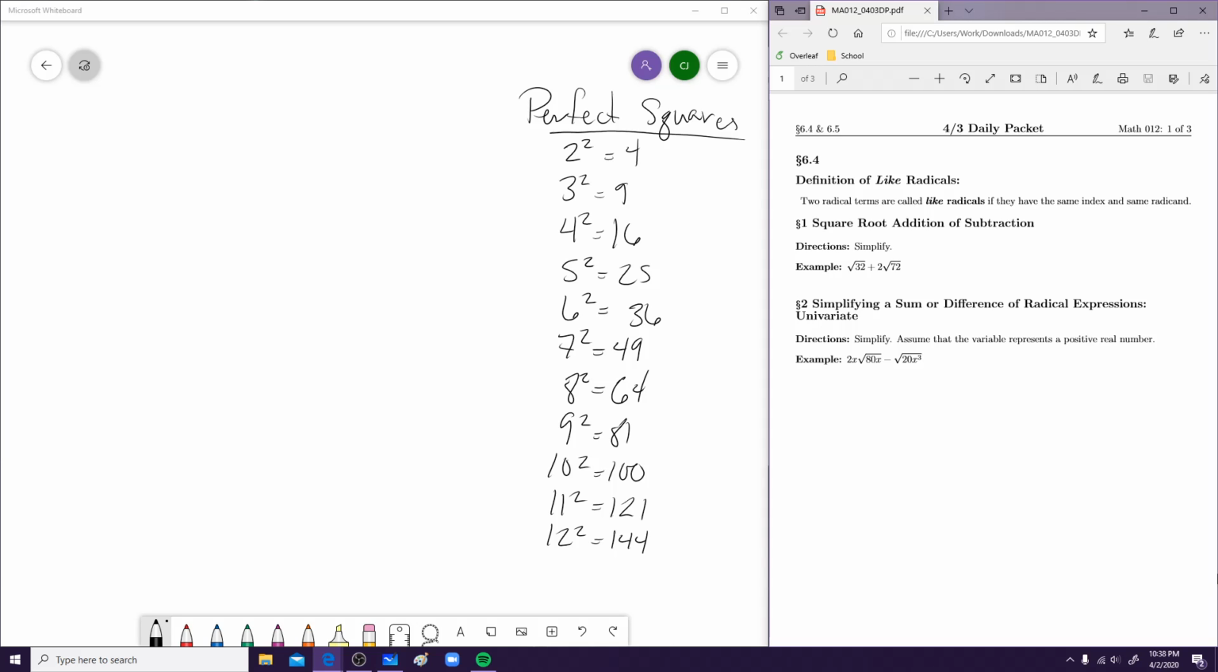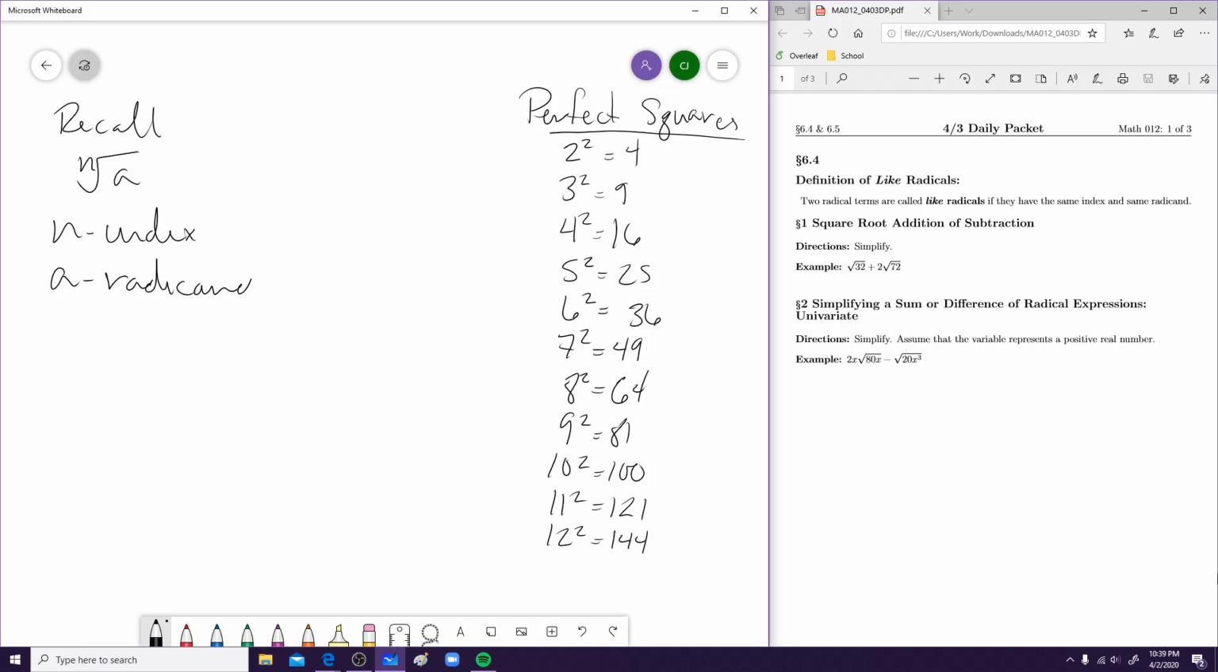And so recall, what is an index and what is a radicand? If I had the nth root of a, n is the index, and a is the radicand, right? So now erase this, and then let's start on section 1 of the first topic of our daily packet,